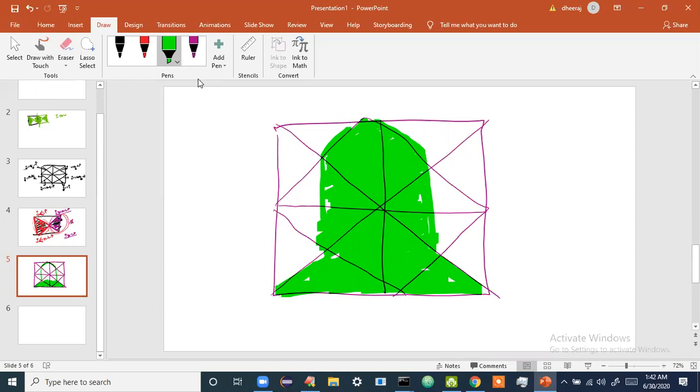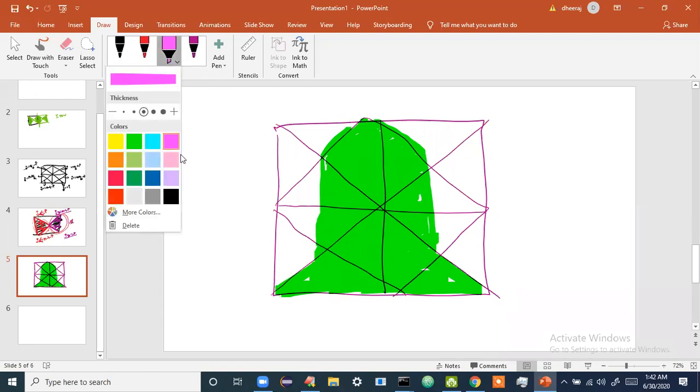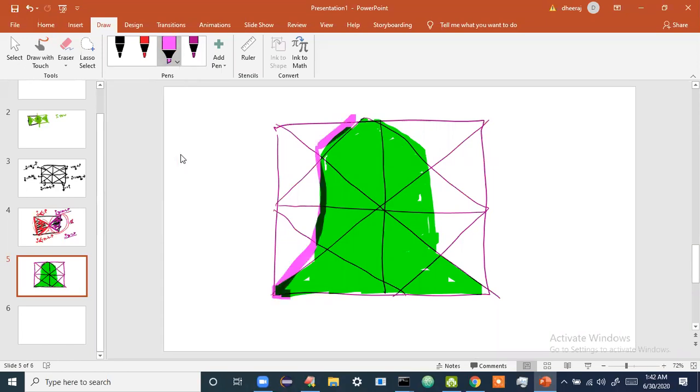Now, what people will do is they'll directly start to think like this: okay, I have to print an area. This area is bounded by how many lines? What they'll think is this area is bounded by, okay, 1, 2, 3, 4, 5, 6, 7 lines. No, it is not like that. You can't tell this area is bounded by 7 lines and use that logic. Yes, this area is bounded by 7 lines, but if you notice, it is not intersecting with each other. What do I mean to tell is, watch it.